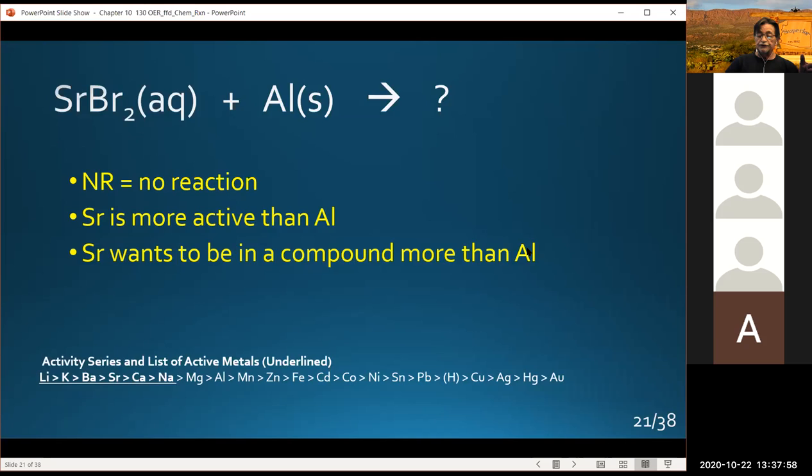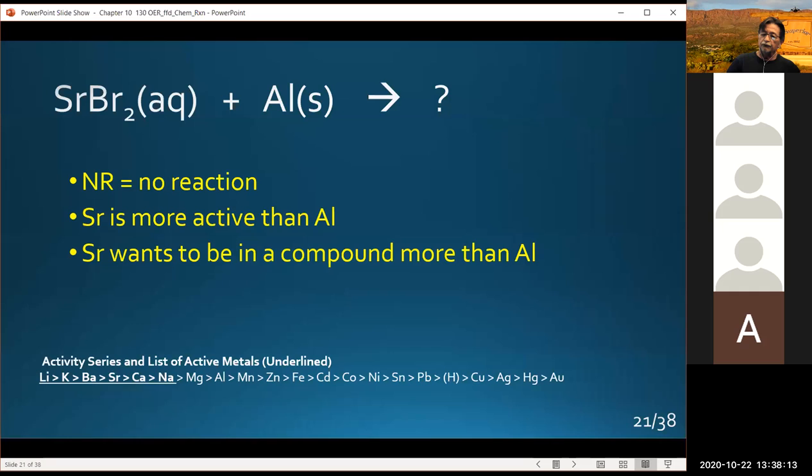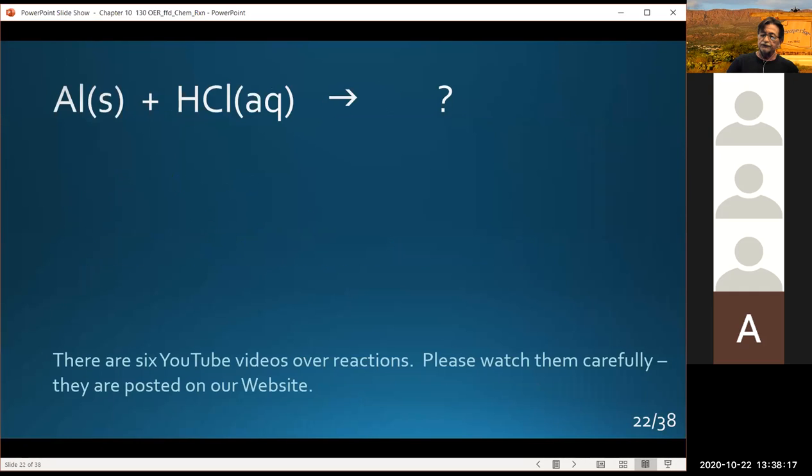All right. So the activity series for single replacement reactions. Now, we have this reaction here. You might say, wait a minute, I don't have a metal here. We've been working with metals before, right? We had strontium and aluminum using the activity series, but all of a sudden I have hydrochloric acid. Okay, well,